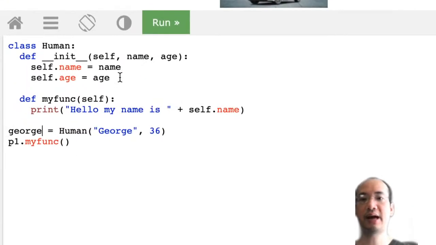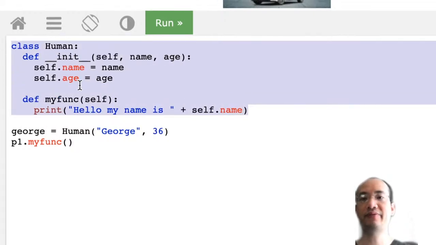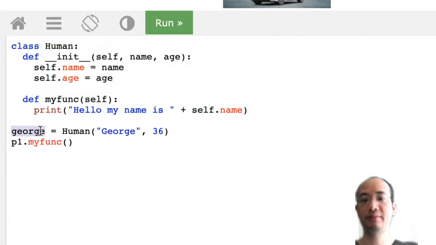So that's how we do with the class, and you learn it from the textbook. You just define it, and you never see a real human. Not until you create people. You use the human class to create a human, which is myself, George. Okay, so once you create, you will call the function called